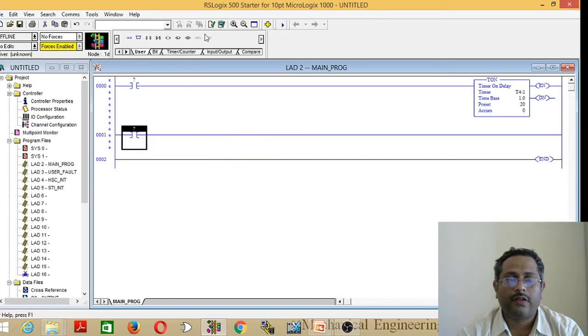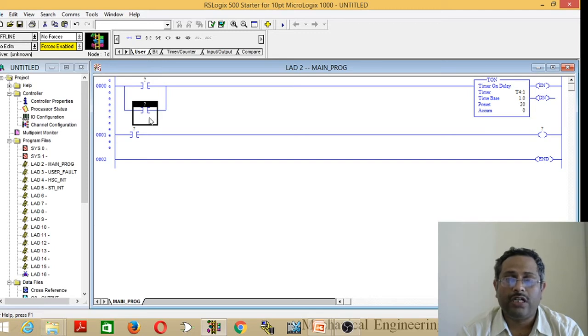Click on a coil in the user panel, add it, and one more input open contact is required to latch the input. For that, go to the user panel, add rung branch and drag it wherever it is required, and select the branch and click on the open contact to be added. It has been added.